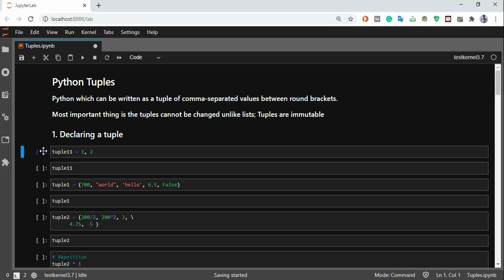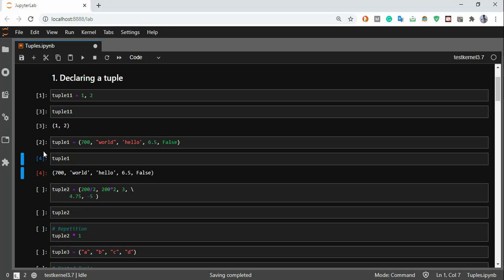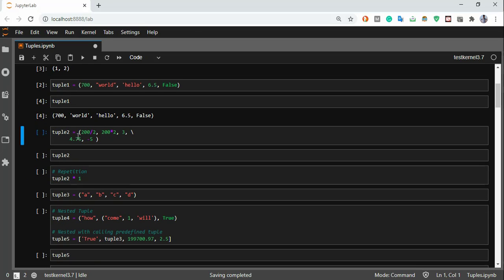So let's start with declaring a tuple. To create a tuple, commas are used to separate a sequence of values, like in this case tuple 1, whereas another way of doing it is using parentheses, just like in this case of tuple 1, but both work in a similar way, right? Parentheses, however, are just optional, but they can improve readability, especially when the declaration expression is not straightforward. Another way of adding values to tuples is directly adding some mathematical expression, like a division or multiplication or addition or anything you want, so that the mathematical expression can be performed inside it.